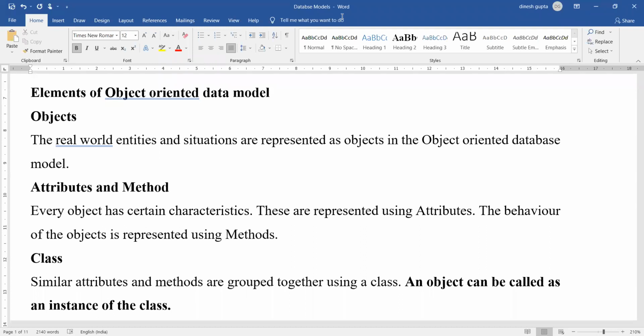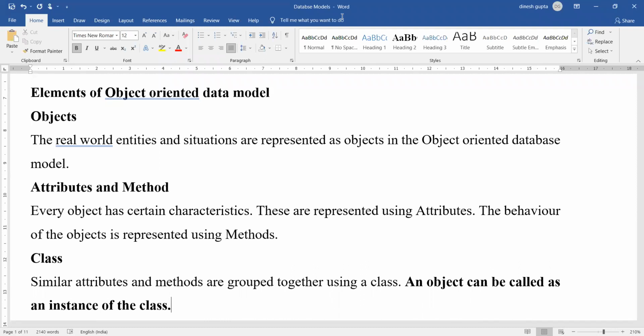In C++, you must be aware of how to define an object. It is categorically said that an object is an instance of a class. So a class broadly describes how an object will look, what the properties of the object will be, and what the behavior of the object will be. Ultimately, the object is a real world entity. So what is an object? Real world entities or situations are represented as objects.